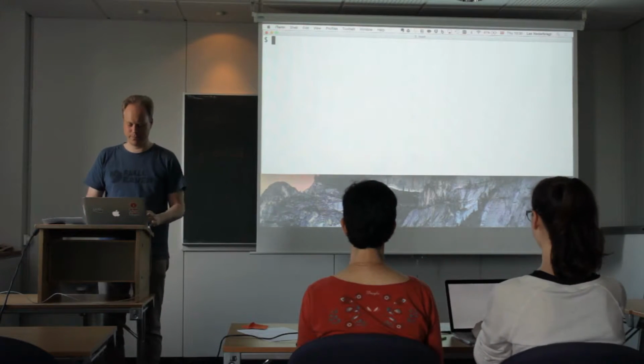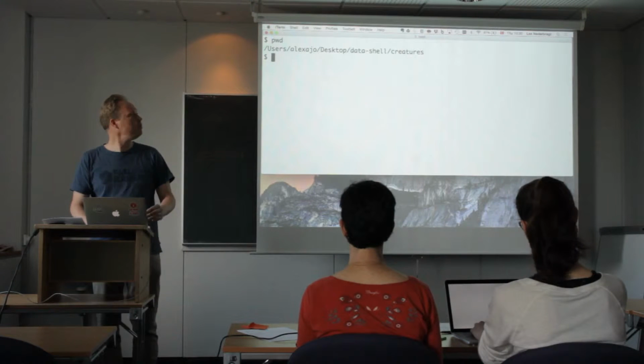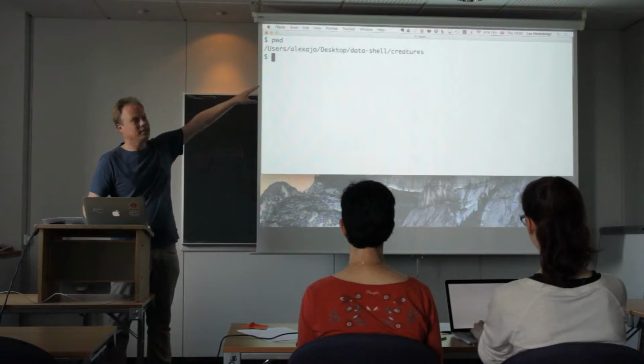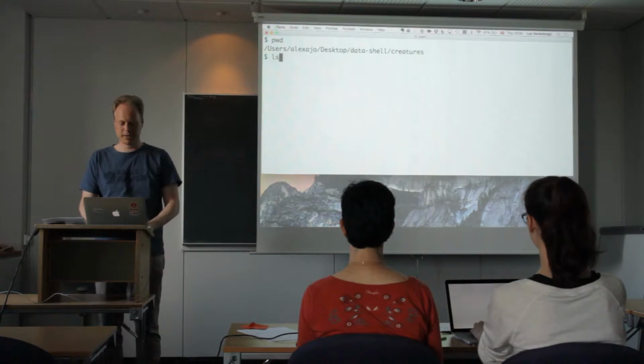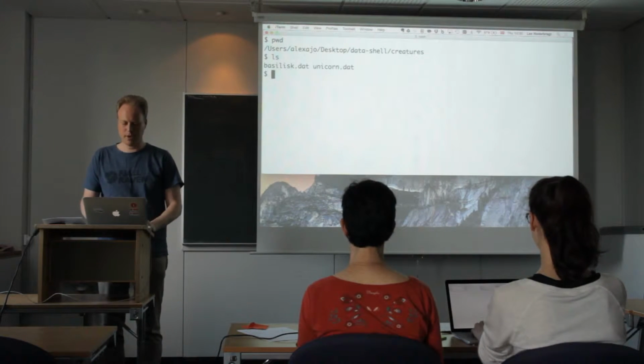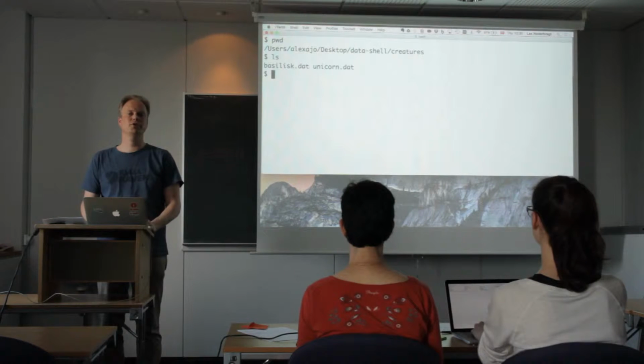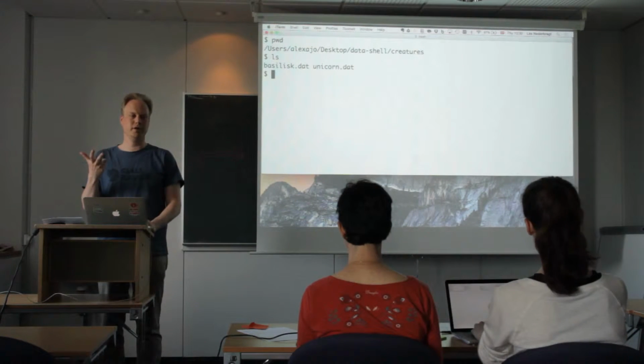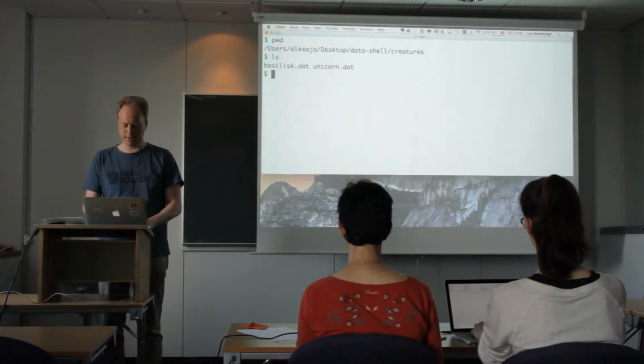Okay, thank you. So with typing pwd, we find out that we still are in the data shell creatures directory. And with ls, we can find out that we have these two files, basilisk.dat and unicorn.dat. Now I want to show you how to use a Unix for loop to get the first 3 lines of these files shown. We do it like this: for filename in